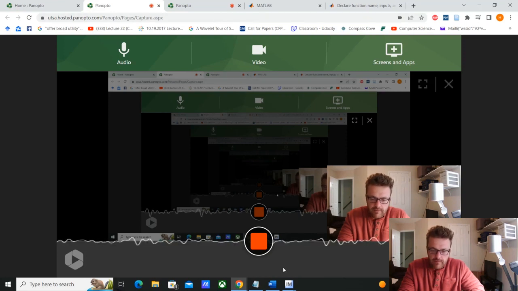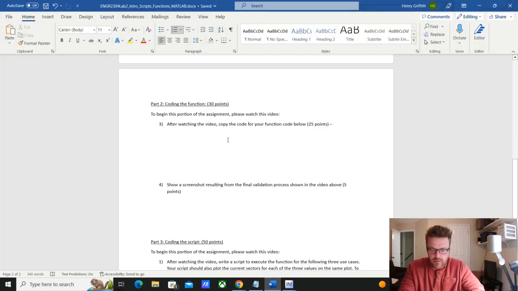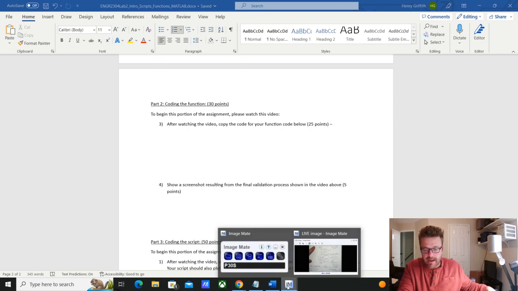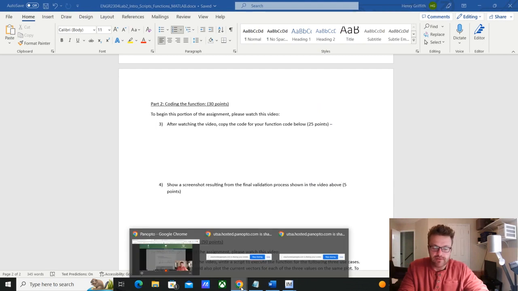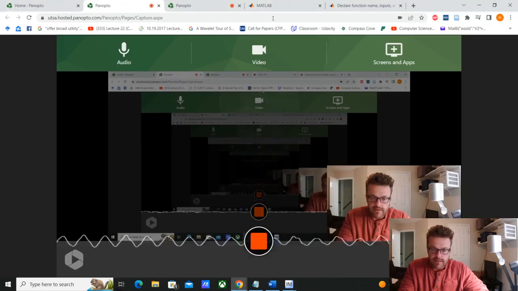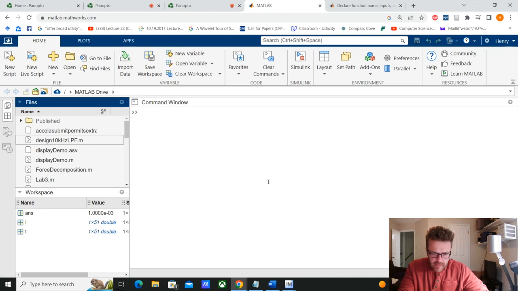So what I'd like you to do now, if you look at what our deliverables are, we actually want to take and copy the code of the function that we're going to write. It's going to be the function that we described in this block diagram and pseudocode here. And then we're going to show a screenshot just showing me that you went step by step with me and actually validated your code. So the first thing you need to do is open MATLAB,